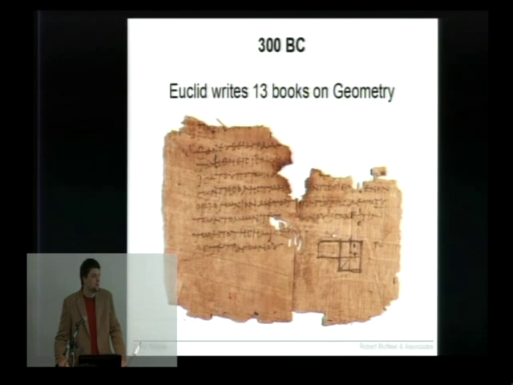A long time ago, some Greek chap named Euclid wrote some books on geometry, and it's actually one of the oldest books that is still around, and it's been printed the most. It's second only to the Bible. These books have been around for a long time, and we haven't really improved on them in terms of geometry. So, if you think that you're all on the cutting edge, he was on the cutting edge.